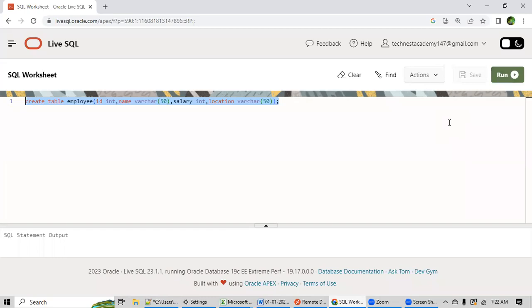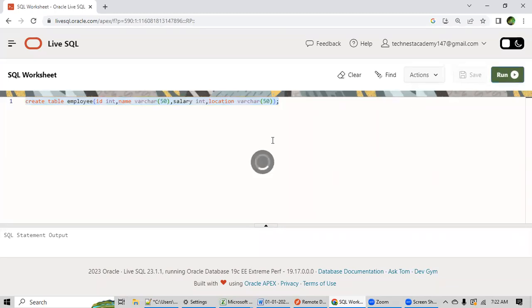Second thing, please don't try it simultaneously when I'm teaching in the class. When I'm teaching, just concentrate on my lecture. Okay, whatever I'm telling, once the class is over, then you give it a try. And if it is not working, then let me know. Okay. But during the class, concentrate on my lectures only.